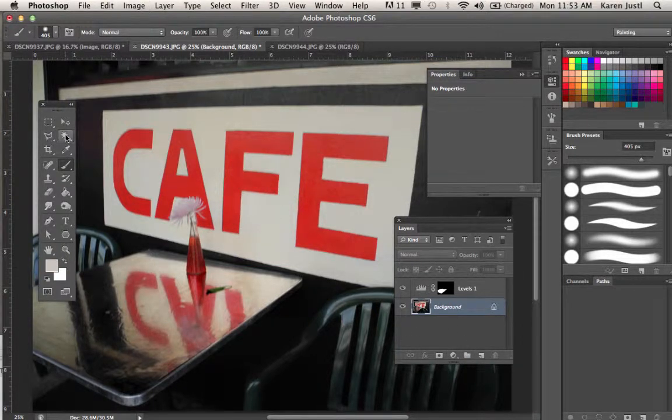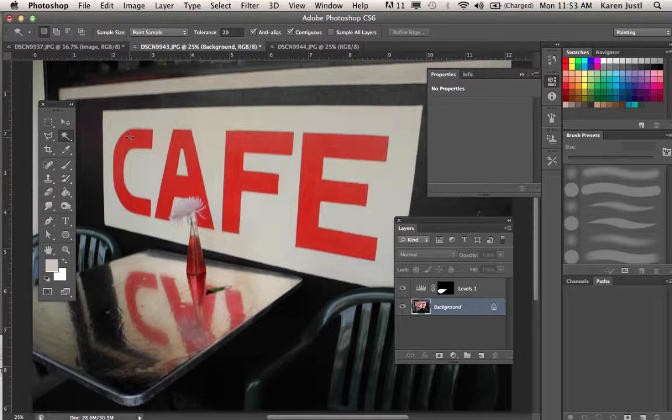So let's go in. I'm going to use the magic wand. I'm going to click and press Shift and click. Click, pressing Shift, and you can see my selection is being added to when I'm pressing Shift. So I've got those 4 selections that are not overlapping. Because I've pressed Shift while I was selecting with the magic wand, I've got that selection, and now if